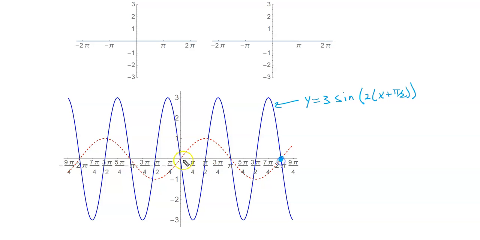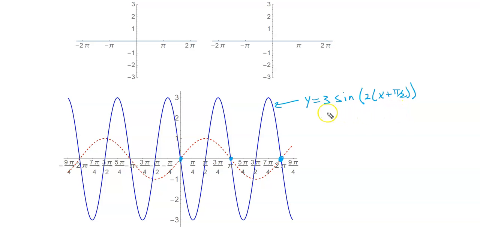Notice that we start here at the origin, we go down to -3, cross at pi over 2, up to 3, down, so we have a complete period here from 0 to pi with an amplitude of 3, and then we just start repeating again. And the red dotted graph, that's the graph of our original sine function. And so that's how you could graph something like y equals the sine of x with an amplitude, period, and